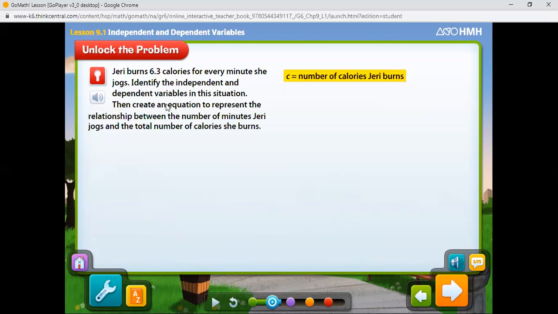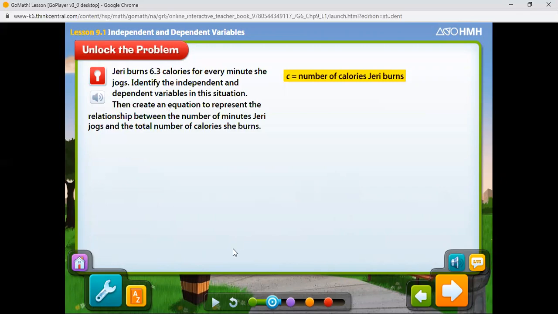Now, what is the thing which Jerry can do? She can jog, right? How much she wants to jog is up to her. She can jog for 5 minutes. She can jog for 10 minutes. It's up to her. There is no control on how many minutes Jerry wants to jog, right? But how many calories she's burning depends on how many minutes she jogs. Understood? So here, the number of calories which Jerry burns depends on how many minutes she jogs. So the independent variable is the number of minutes she jogs, and the dependent variable is how many calories Jerry